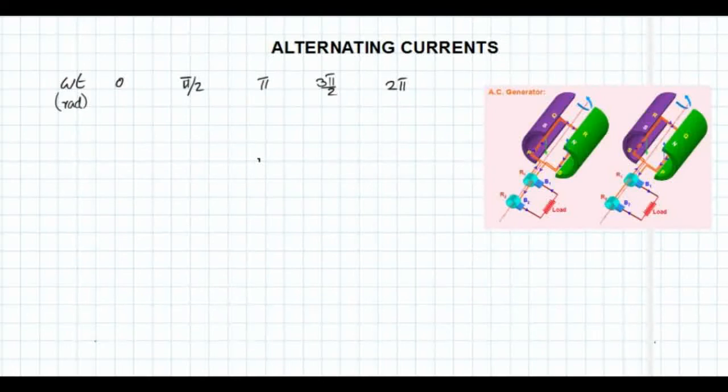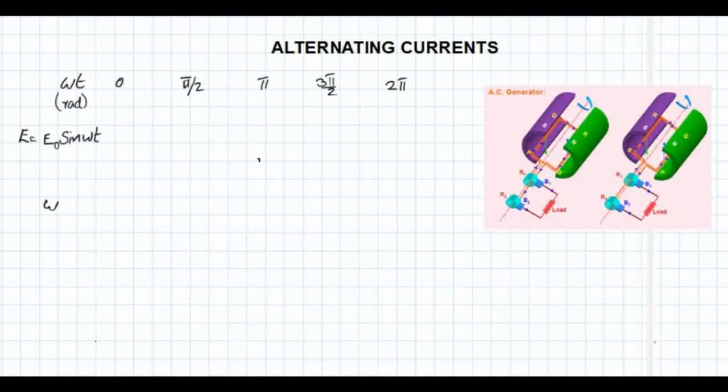Now we may see how the value of E changes with respect to the rotation of the coil through different angles. Here the values of omega t in radian are taken as pi by 2, pi, 3 pi by 2, 2 pi radians, so starting from 0 to 2 pi radian it changes. When the value of omega t changes from 0 to 2 pi, how does the value of E change? E is equal to E0 sin omega t, and I told you E0 is a constant.